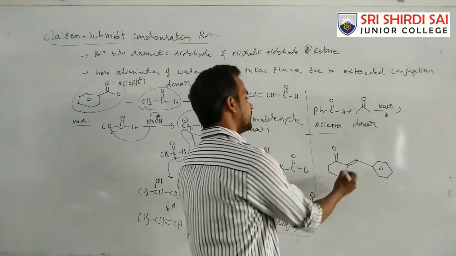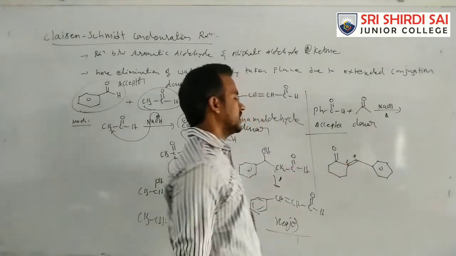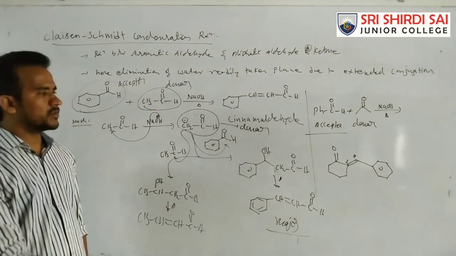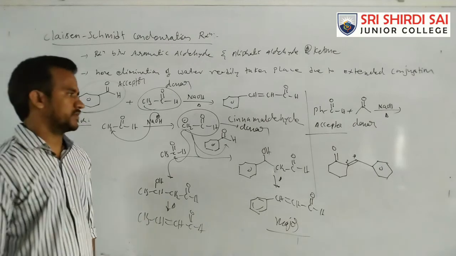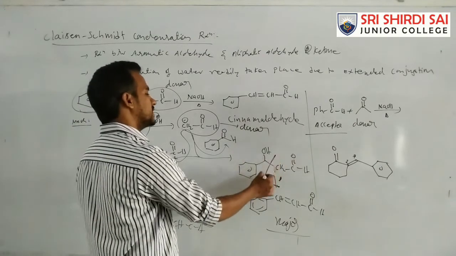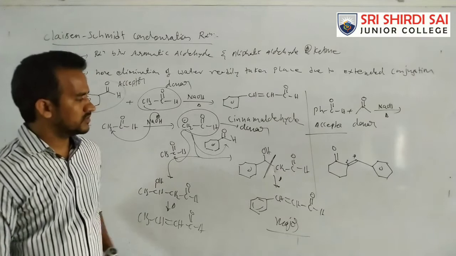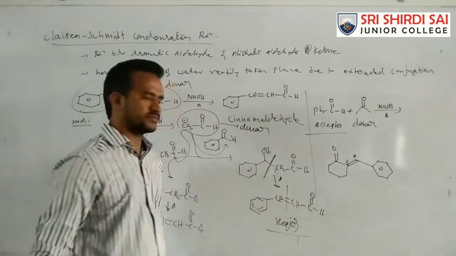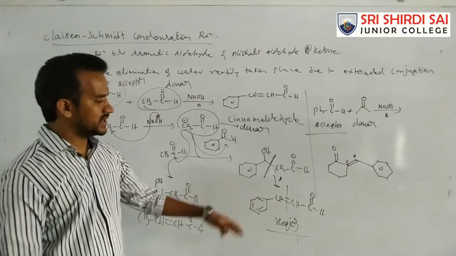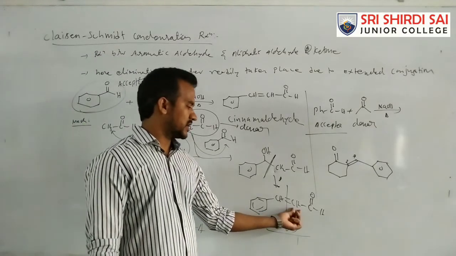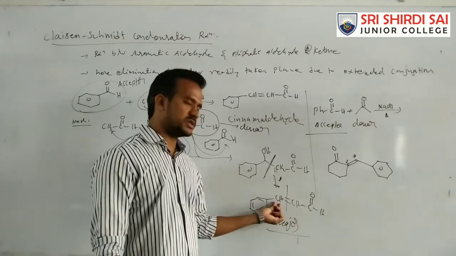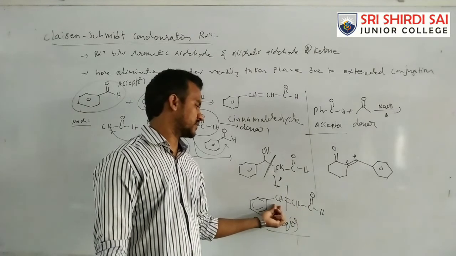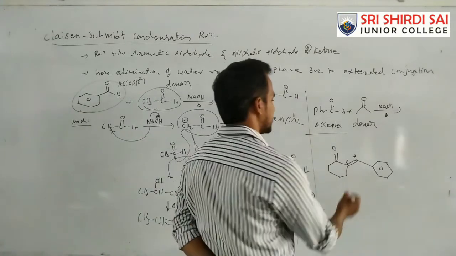It is an alpha beta unsaturated compound. As a result of the aldol condensation, which carbon bond is newly formed? This carbon bond is newly formed. So we have to cut this alpha beta bond. On cutting the alpha beta bond, here CH3 and this one C double bond appear, and the carbon group comes here. So we cut at the alpha position.